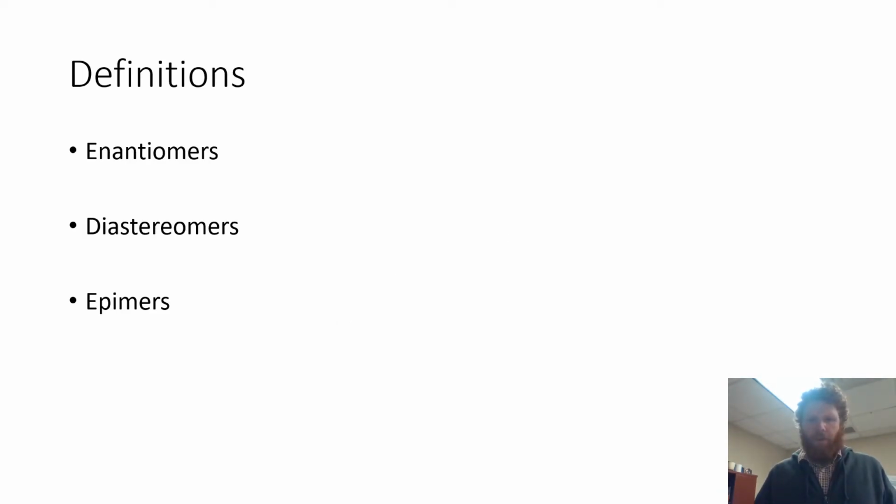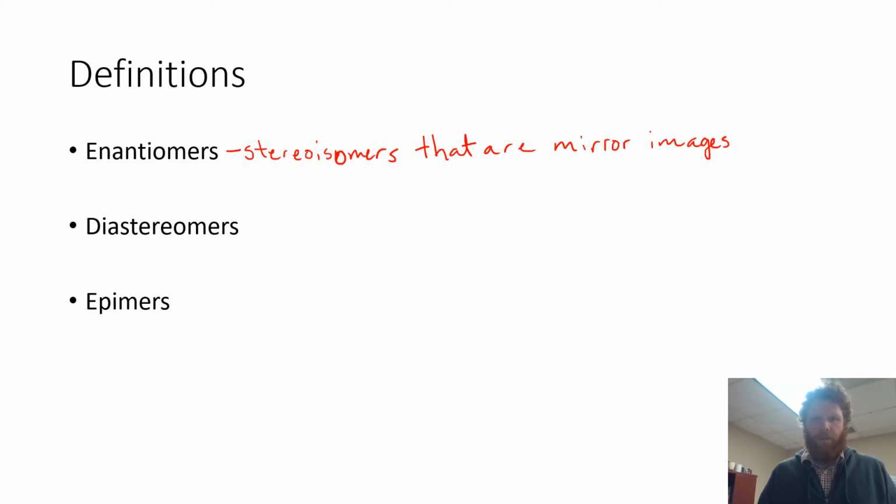Some of the take-home material from today's lecture were these 3 definitions. We defined what an enantiomer, a diastereomer, and an epimer were. And an enantiomer is a stereoisomer, or stereoisomers, that are mirror images. An example of that was D-glucose